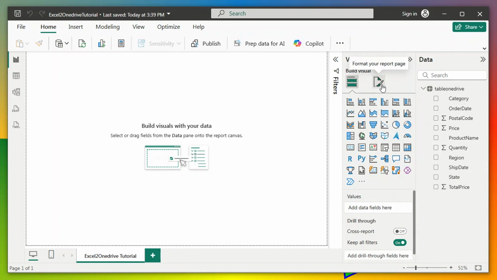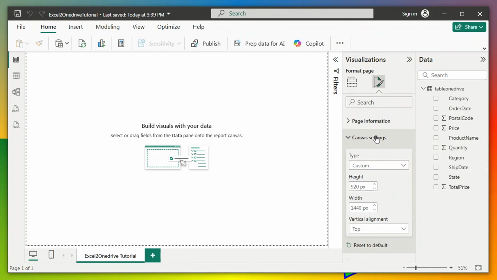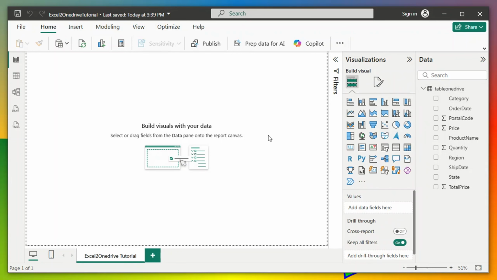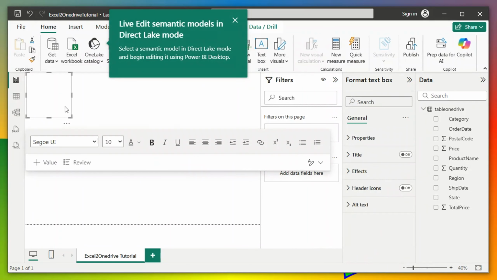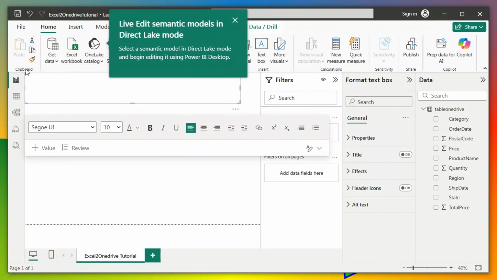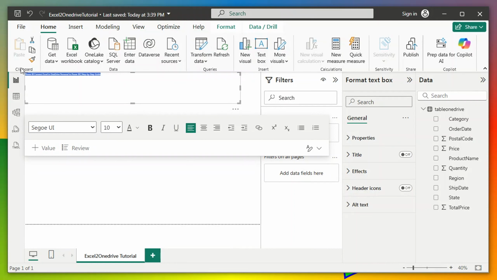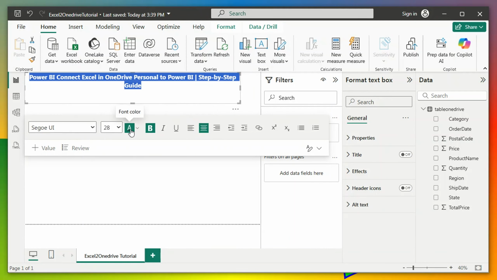To populate our data, to have more space, we're just going to check our canvas page, which is what we want. So we give our page a heading so that whoever comes to our report understands what the page is all about. To do that, we click here, the text box, and give it a heading, and we format it. We're going to make this one 28, and we'll bold, center,